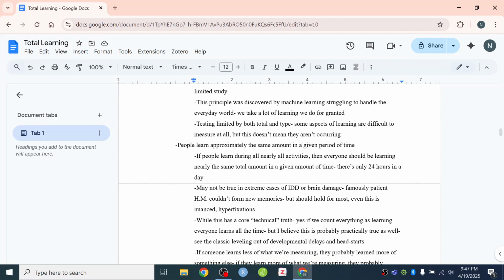And same to the kid who's behind. They're behind here, but they're a little ahead somewhere else that we're not measuring, and they spend a little less time on that, a little more time on the thing they're behind on, and they come up to the middle, and that thing drops down to the middle, and everybody winds up being kind of the same.